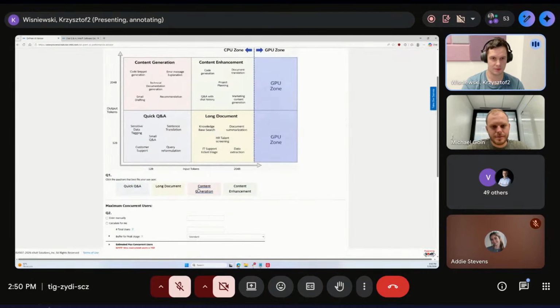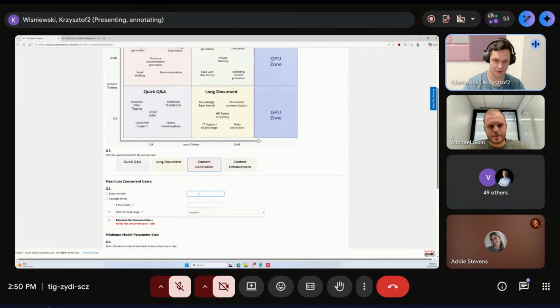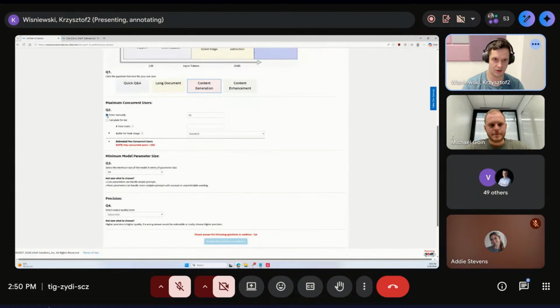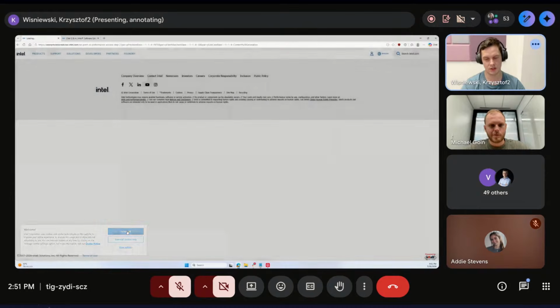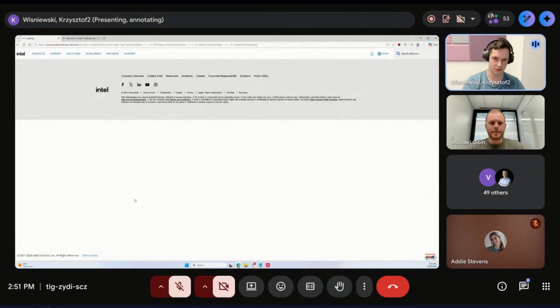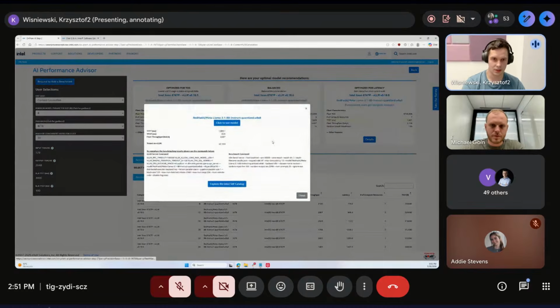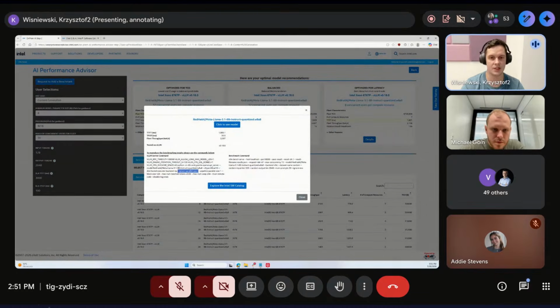If you go, for example, into content generation, let me show 50 users. Here we will have setups that are using multiple tensor parallel ranks. Basically, we'll have one rank scheduled per NUMA node. As you can see here, this is the tensor parallel size, where I would need to look up what the CPU model is, but each rank will be one NUMA node.